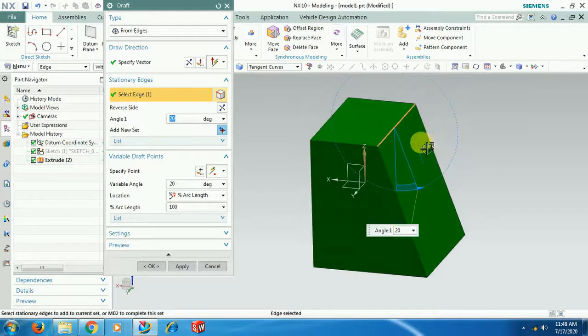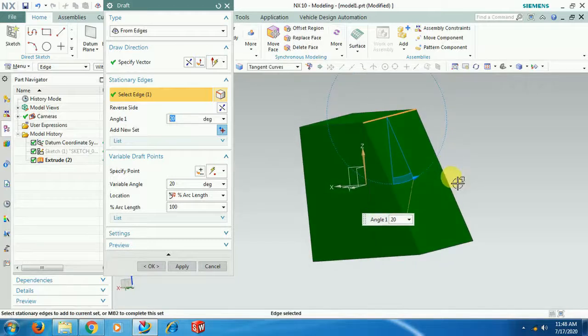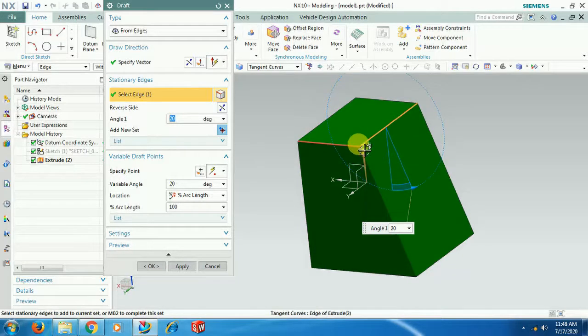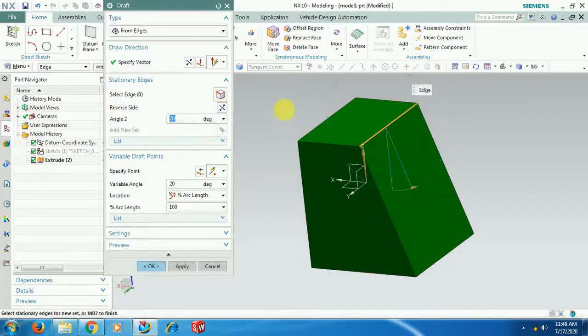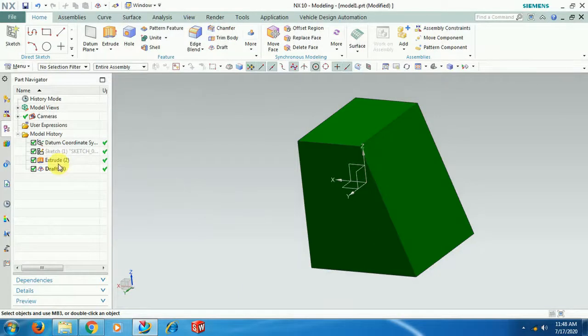Now in this single face I want different angles. If at the start I want 5 degrees, at 20% I need 10 degrees, at 40% some 30 degrees, and again at some distance 5 degrees.